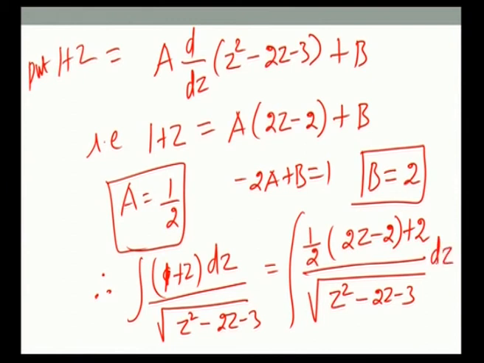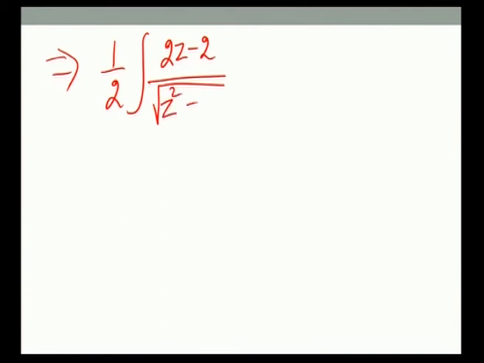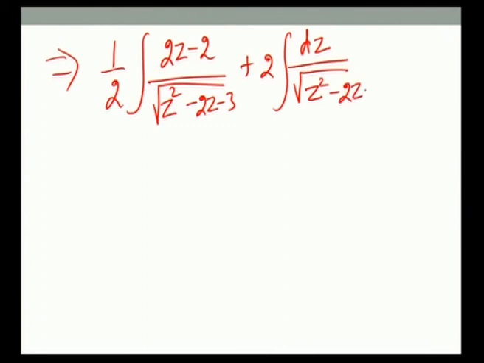The integration will proceed like this: 1 by 2 integral of (2z minus 2) over square root of z square minus 2z minus 3, plus 2 integral of dz over square root of z square minus 2z minus 3,